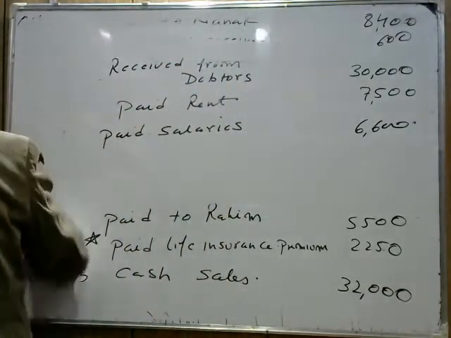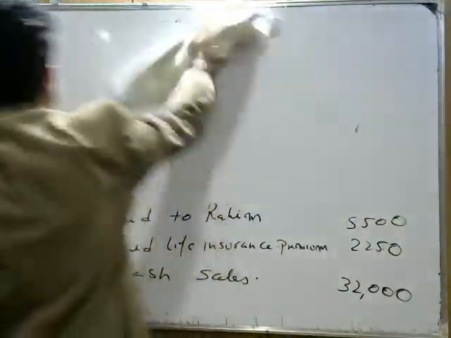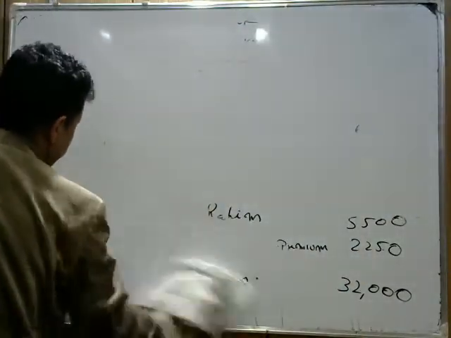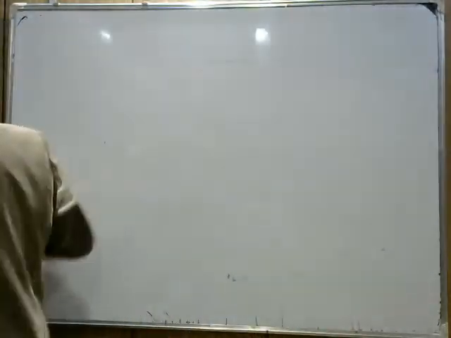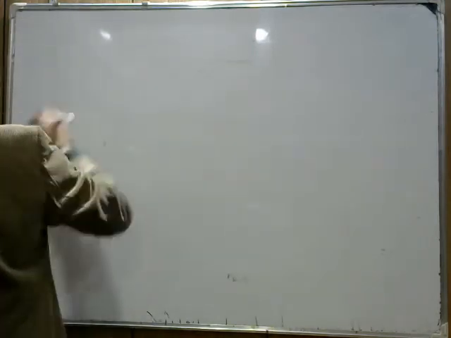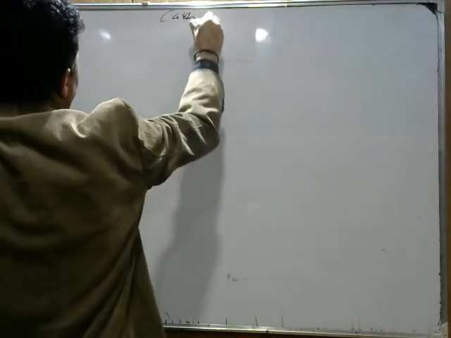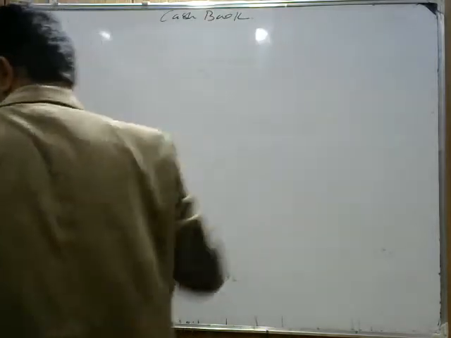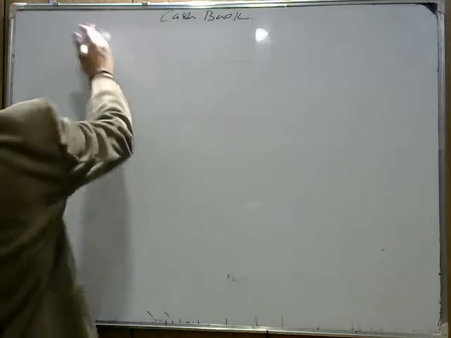Now you start making the format. How do we make the cash book with discount column? I have limitations over here. I have to make it on this board only. First, cash book with discount column. We are maintaining the cash book of Bajrang Das, the name given in the question. The first thing is we make the column of